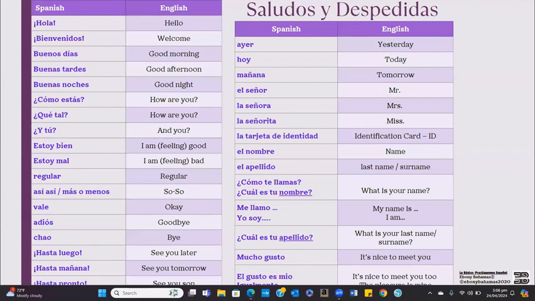Since you are here and we have a few, what I'm going to do is start with the screen that I'm sharing. It's obviously greetings and farewells. This is basic Spanish that all of you should know. What I want you to do very quickly is have a look at these words on the screen. Hola, bienvenidos. You heard me say that as you came into the room. I greeted you and then I said bienvenidos